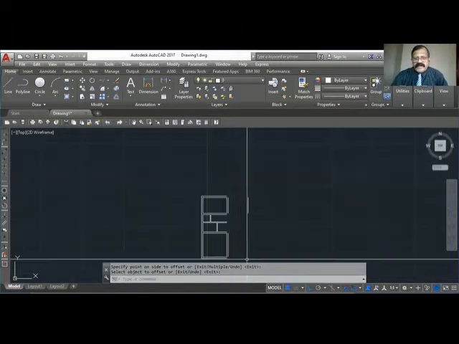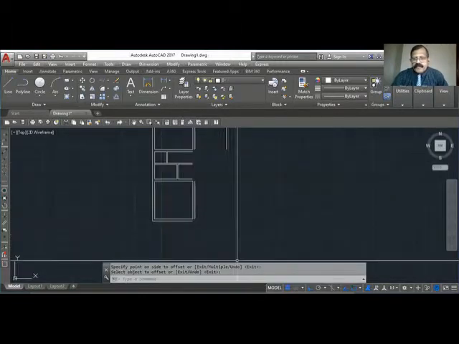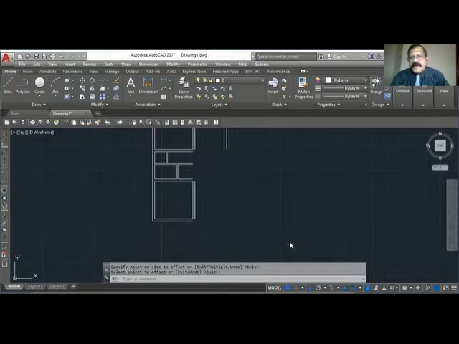And now I can start from here. The measurement from the edge of this wall to the center is 1,800. The sit out is 1,800, that is from center to center.